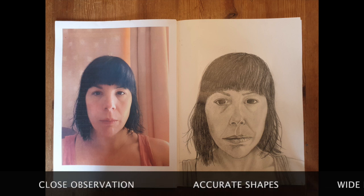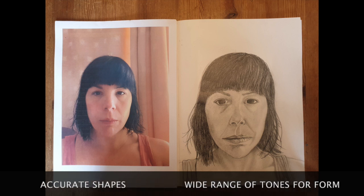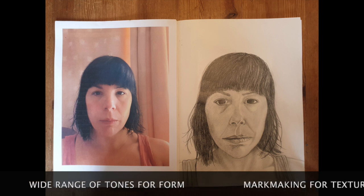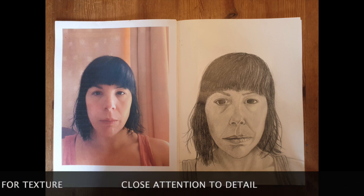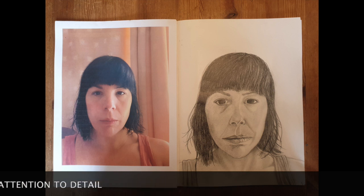In this video, I'm going to show you how to draw a highly accurate portrait drawing. I have sped this up in the video, but in reality this drawing took 2 hours to complete. I will show you how I went about doing all of the important stuff, like observing closely to capture shapes accurately, using a wide range of tone and marks in my shading to capture form and texture, and paying close